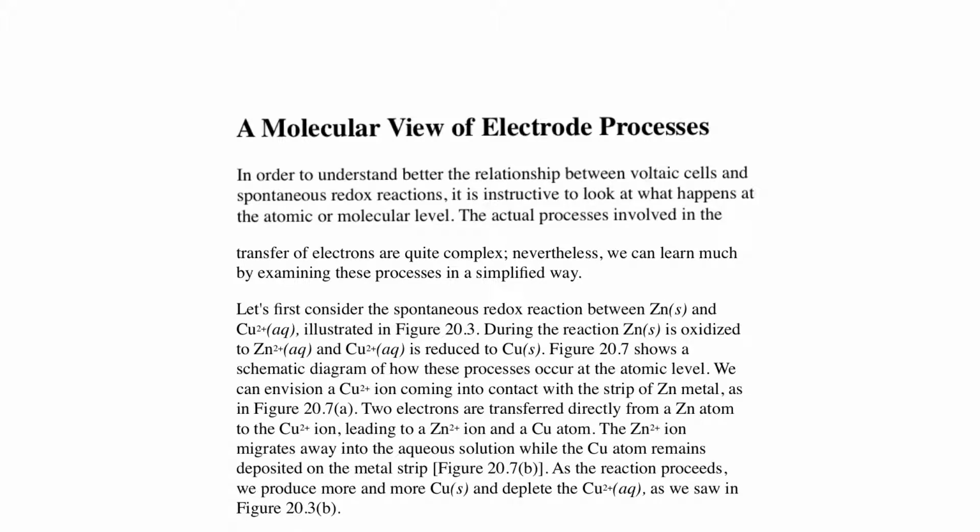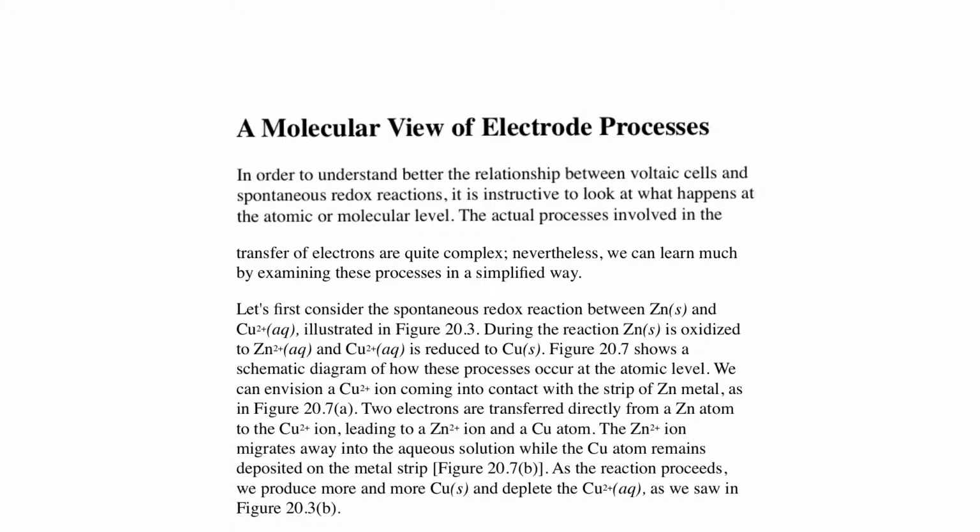Let's first consider the spontaneous redox reaction between zinc solid and copper-2 ion, illustrated in Figure 20.3. During the reaction, zinc is oxidized into zinc-2 ion, and copper-2 ion is reduced to copper metal. Figure 20.7 shows a schematic diagram of how these processes occur at the atomic level. We can envision the copper-2 ions coming in contact with a strip of zinc metal, as in Figure 20.7a. 2 electrons are transferred directly from the zinc atom to the copper-2 ion, leading to a zinc-2 ion and